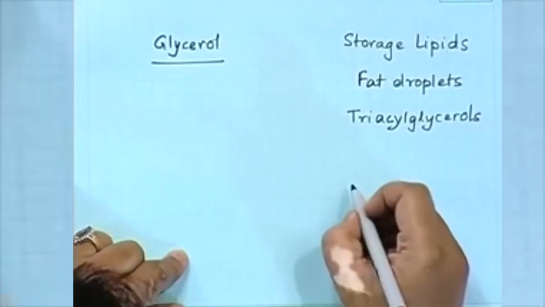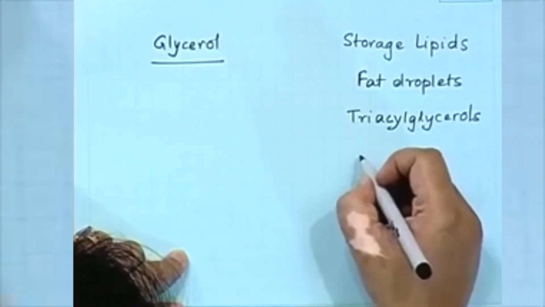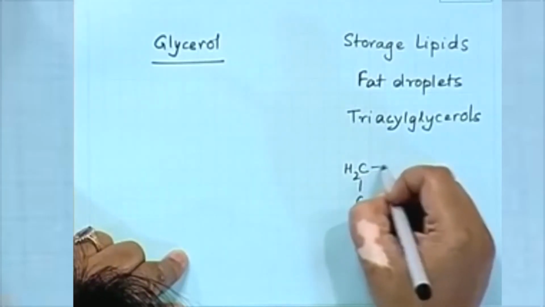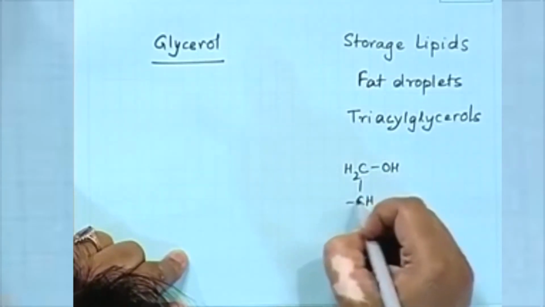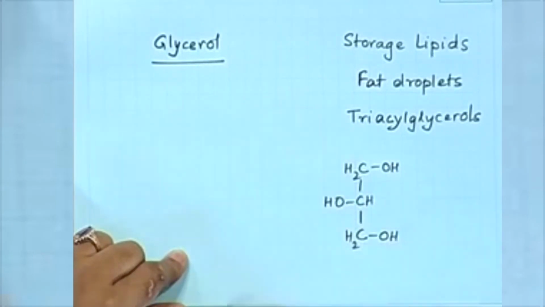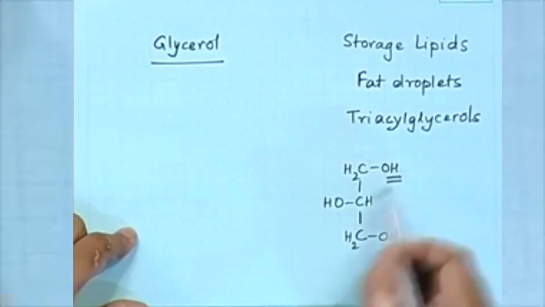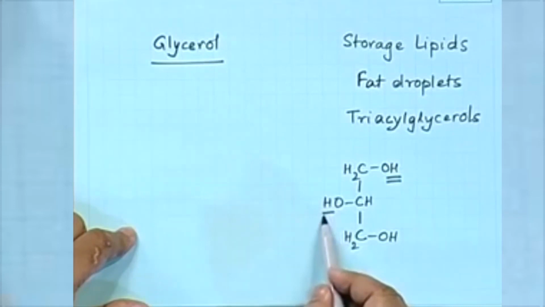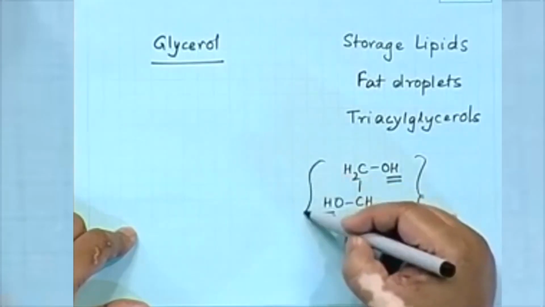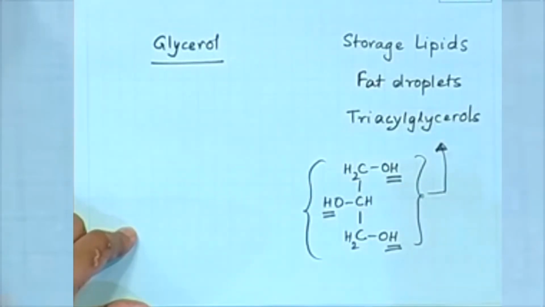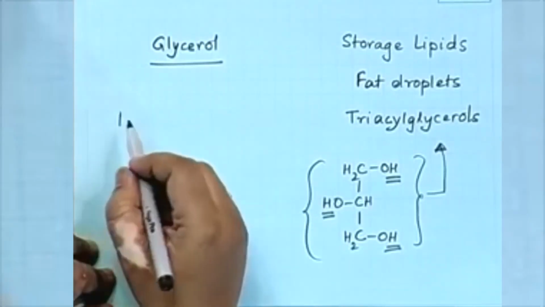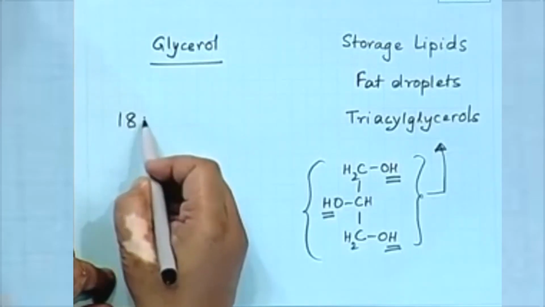What is the basic structure in this case? We have our 3 carbon glycerol, we have our OH, we have our OH, we have our OH, right. We have this replaced by a fatty acid, this replaced by a fatty acid, this esterified to fatty acid. So, each of these esterified to fatty acid is going to give our triacyl glycerol. What can they be esterified by? They can be esterified by a series of fatty acids, and we learnt that if we have such a nomenclature,